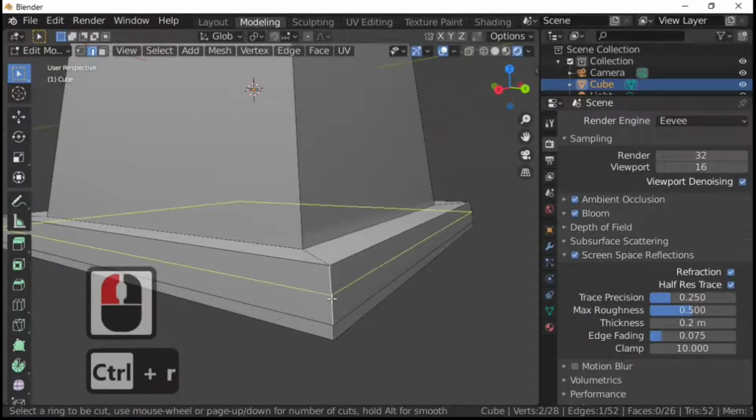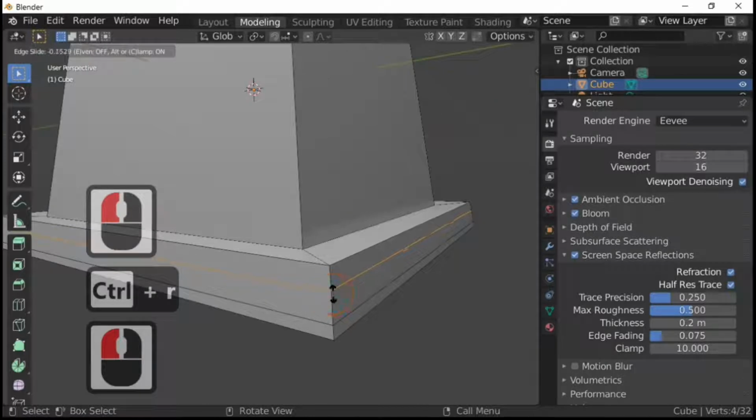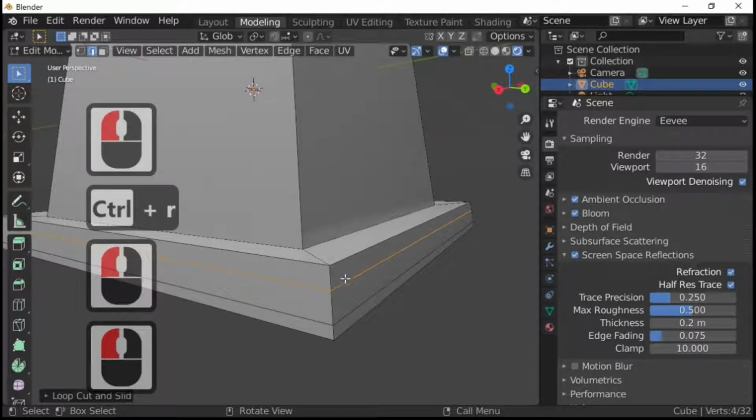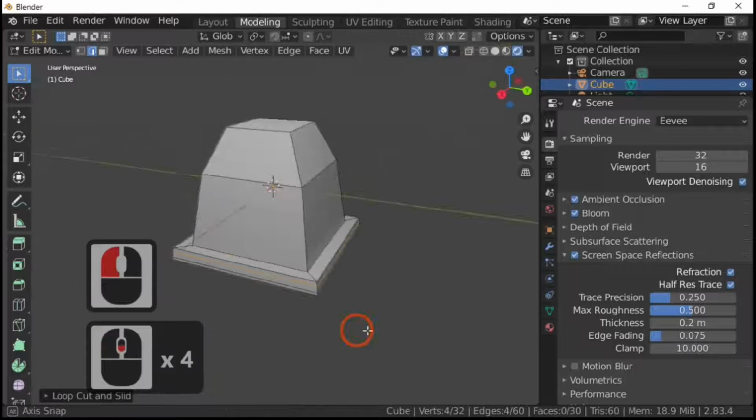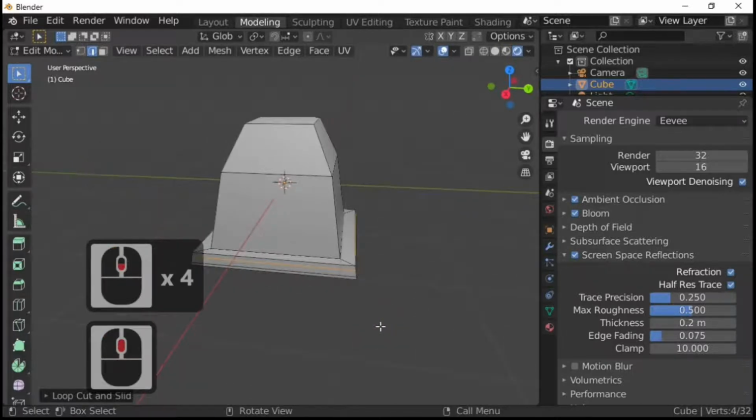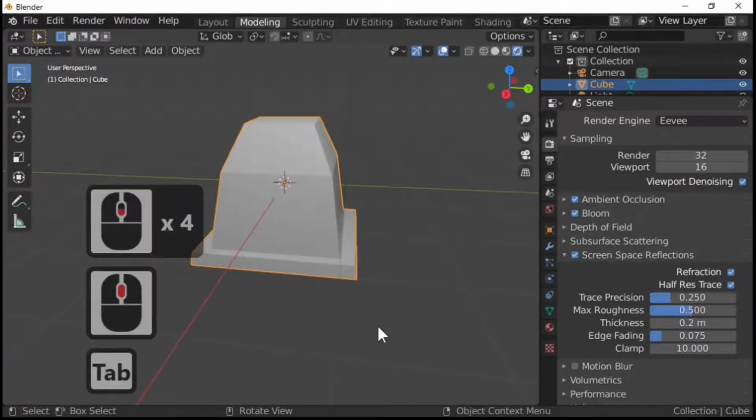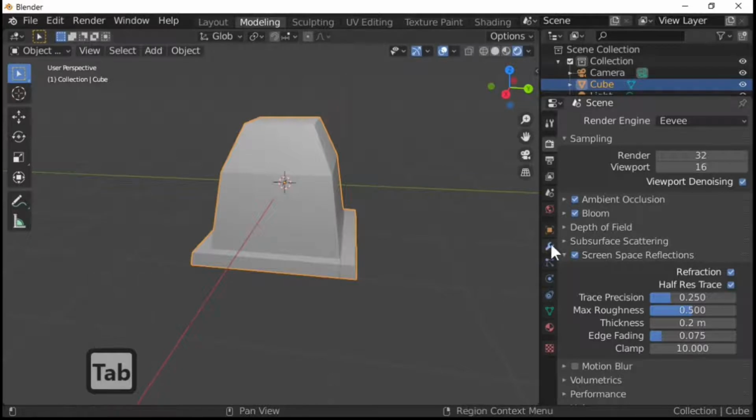And Control and R, and I'm going to put one up there, about there, because I want this to be a slightly rounded corner. So back out of edit mode by pressing the tab key, and now we're going to select this spanner or the wrench